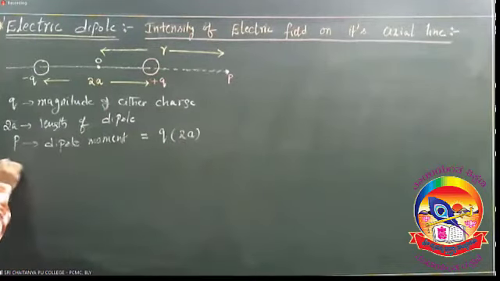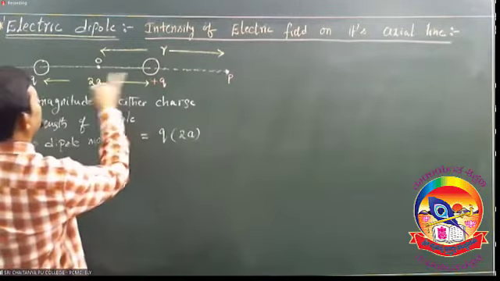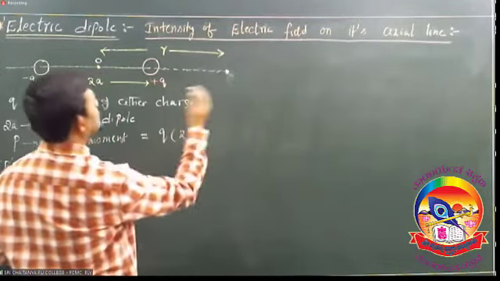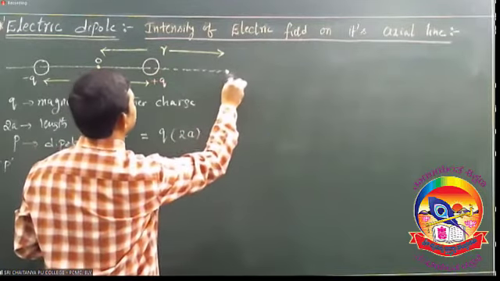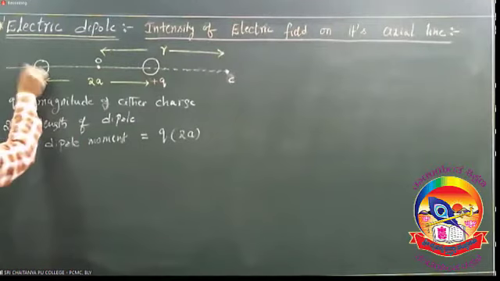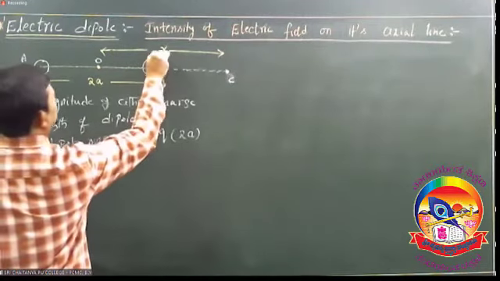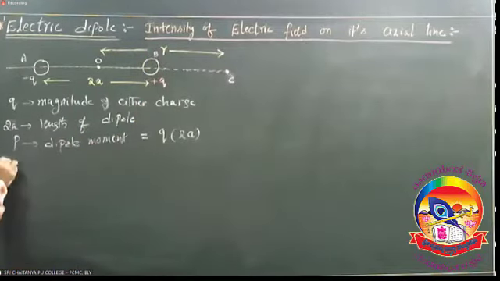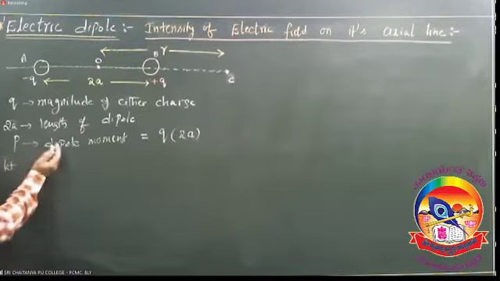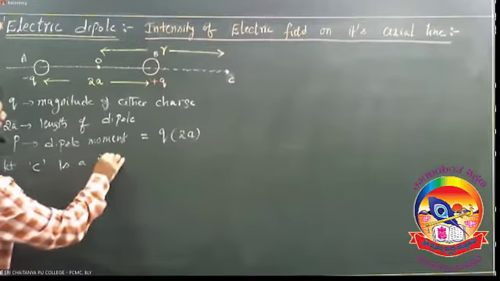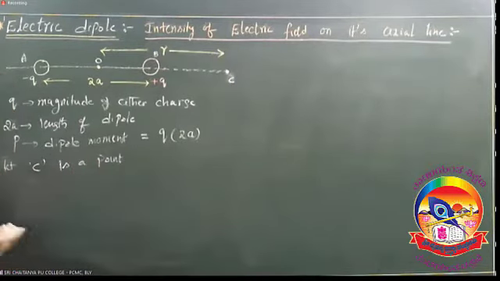Here, if you confuse this P and this P, take this point as some C. Take this one as A and this one as B and this point as C. Let C be a point